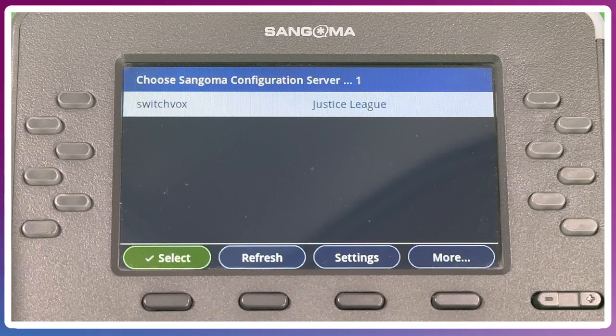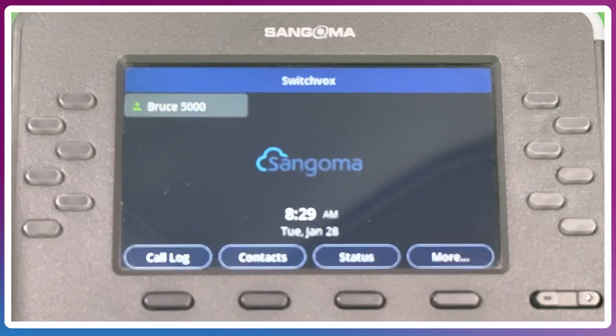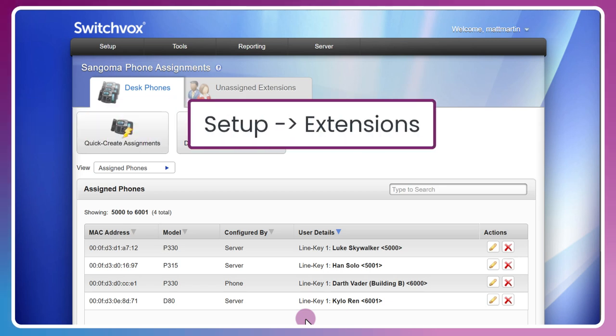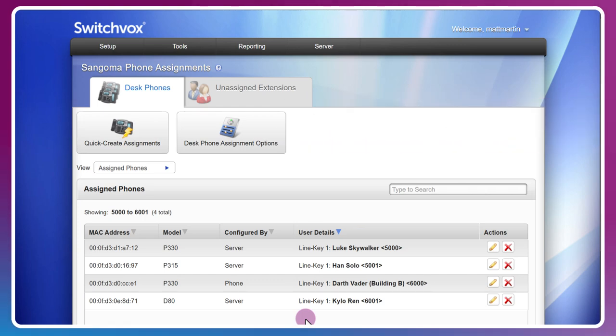Note that how the phones are provisioned, what keys do, and so forth, other than the line keys, were set up when we created the extension, either individually or by specifying a feature set in the extension templates that we assigned to this extension. So keep that in mind if you haven't seen the Creating Extension segment yet.